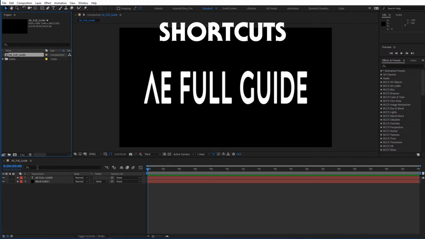full guide of shortcuts. So make sure you follow the on-screen keyboard strokes at the bottom left of the screen and you'll be fine. This is mainly for Windows users, but if you want to do it on a Mac, the only thing you need to do is to replace the Control button with the Command button on the Mac